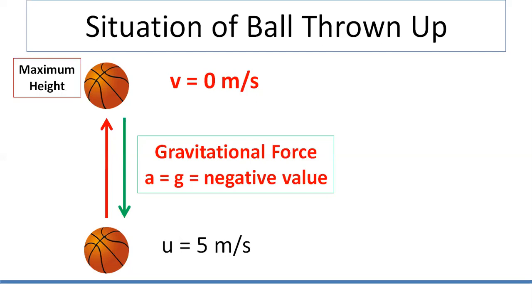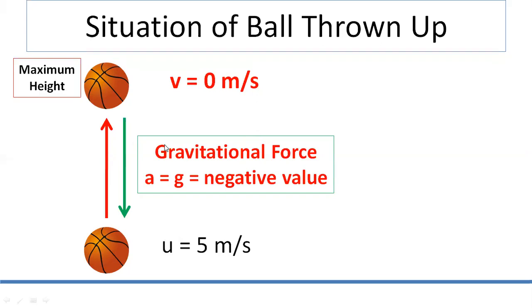This particular slide I want you to write down in your notebook, about what happens exactly when a ball is thrown up. Its final velocity becomes 0 and acceleration has to be taken negative. Even if some students might be able to understand this and some might not, because this is a concept which actually has to be discussed under gravitation, these things are required for solving certain numericals.